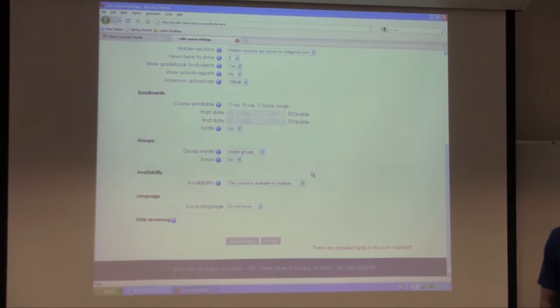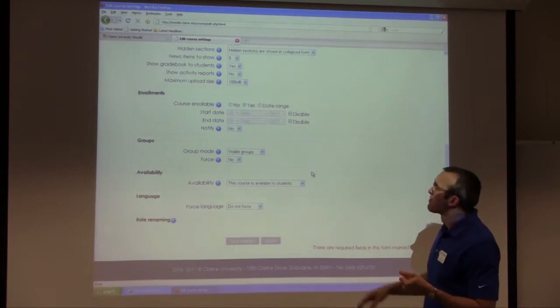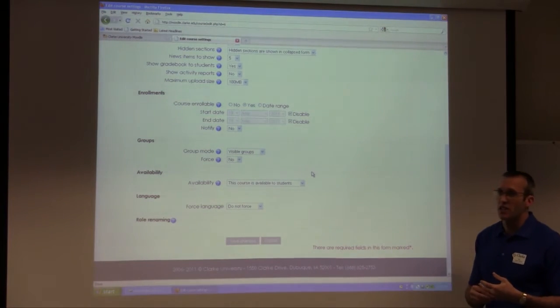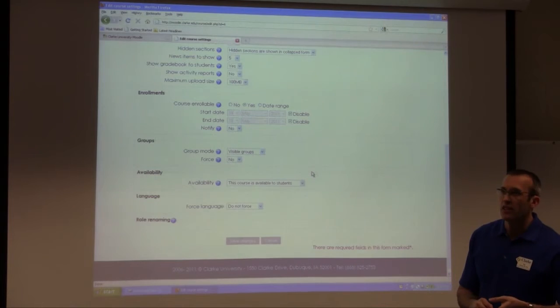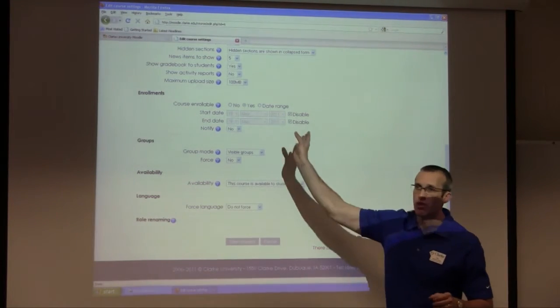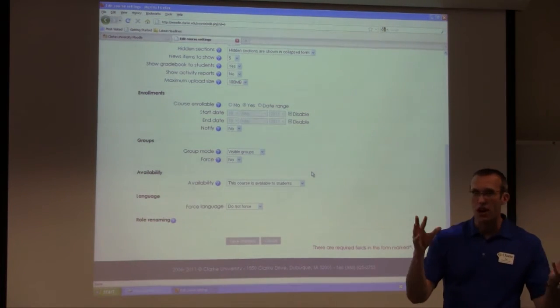So Pat, at the same time, this course is available to students. Do I also have to change the dates, start date, and the enrollment? The start date is automatic, it's done, the system knows when your course starts. So I don't have to disable those and put in my dates? No, this is the default, so you're good, and I wouldn't mess with that unless there's always going to be some,